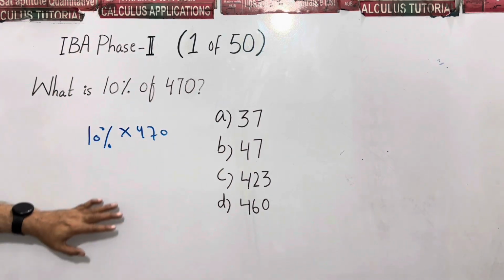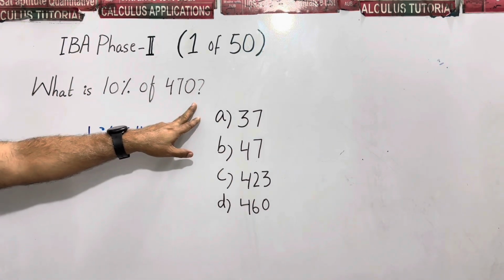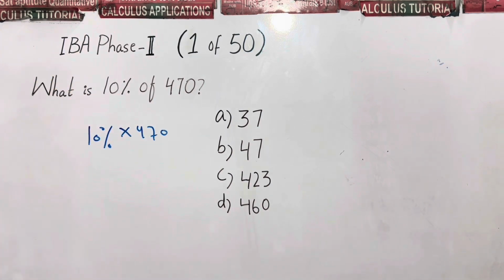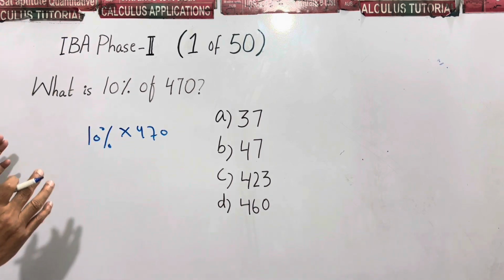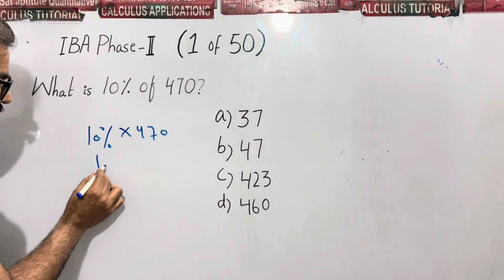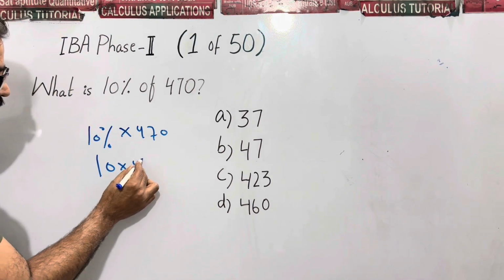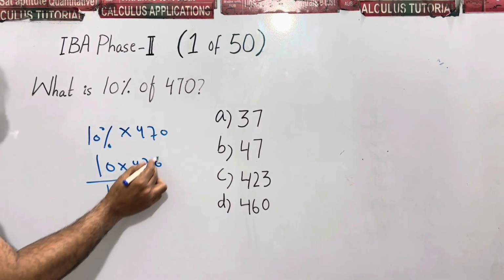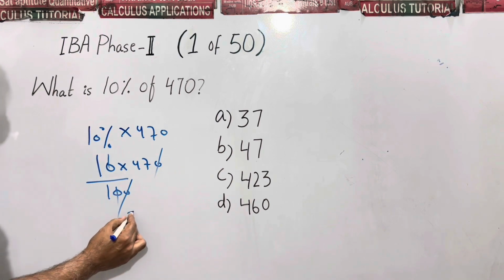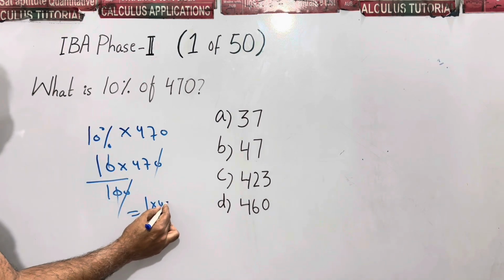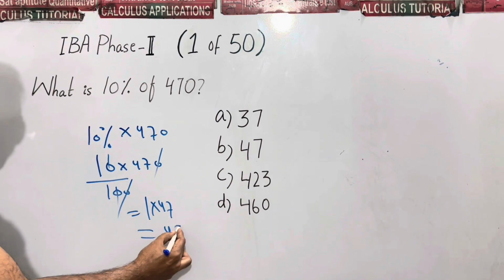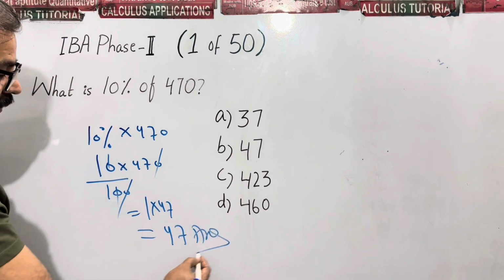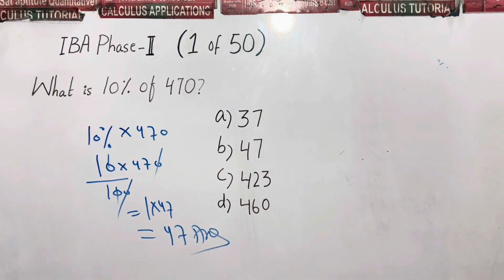Look at this. What is 10% of 470? To remove the percent sign, divide by 100. Cancel out this 0 with this. 1 times 47. So 47 is our answer. In that case, it is also equal to